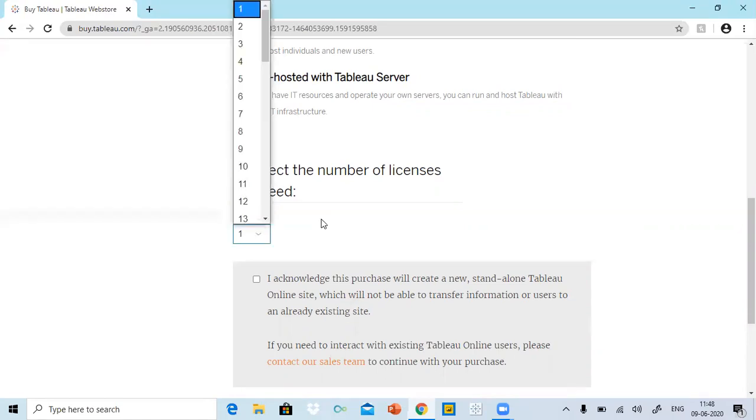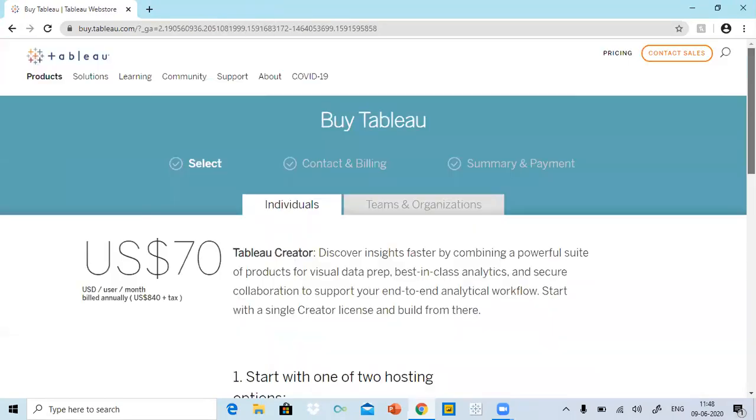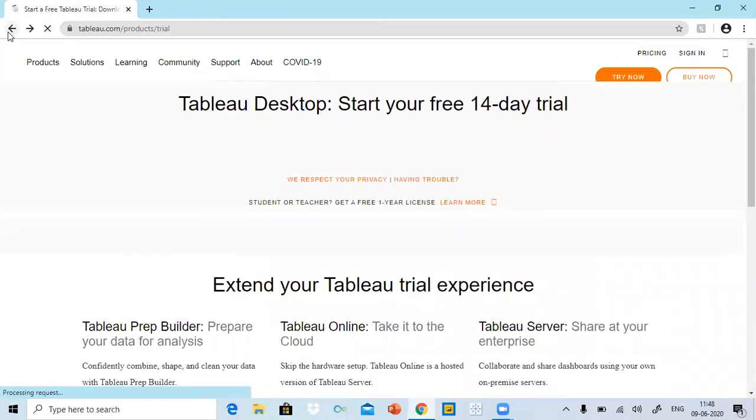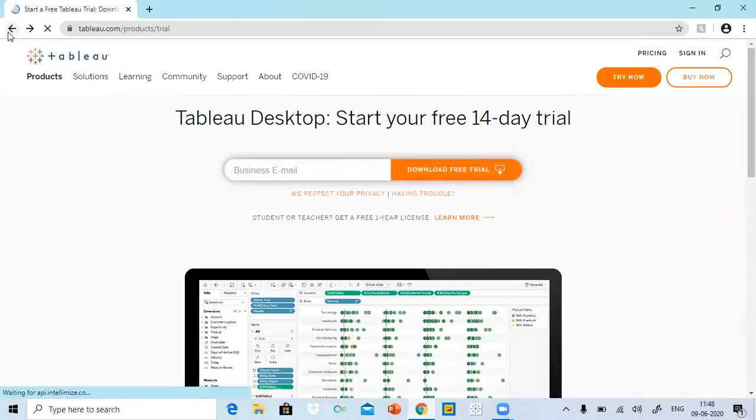You can choose the number of licenses here. Price and all the details are given here. You can go through that and read the terms and conditions of the organization, and then you can buy it. So as of now, let's try to download this software as the 14 days trial.